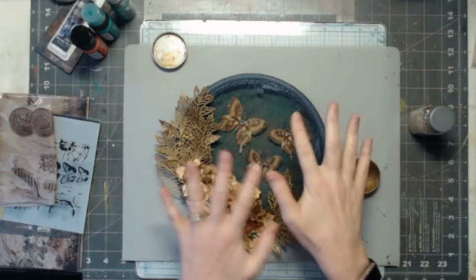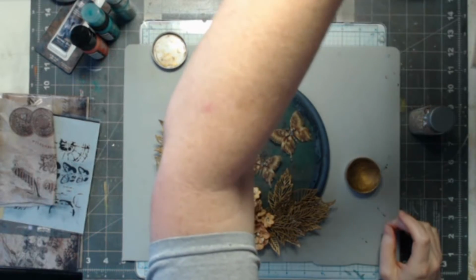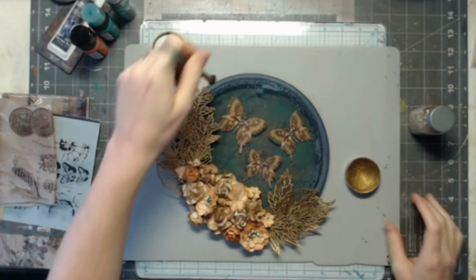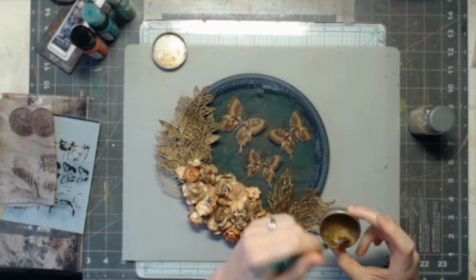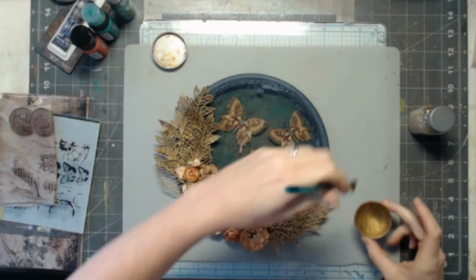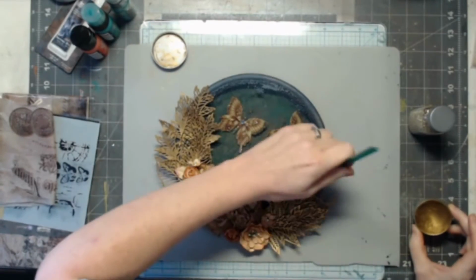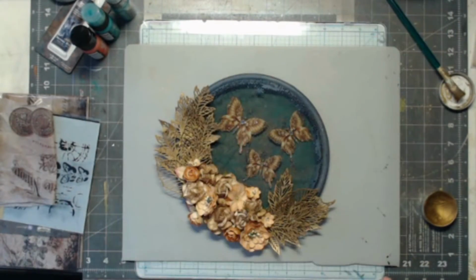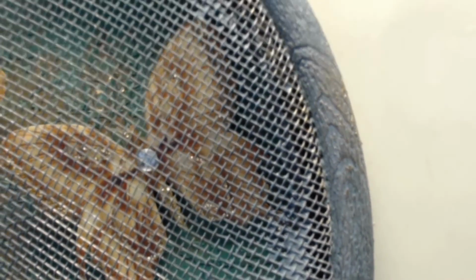I still can't move this around, but I'm just going to grab a brush, a soft brush, once I find which one I want. There, a soft brush, and I'm going to kind of lightly add some of that vintage gold wax just along, oh, let me see if I can't kind of show you what I'm headed towards with that light brushing. There, you can see I'm just catching